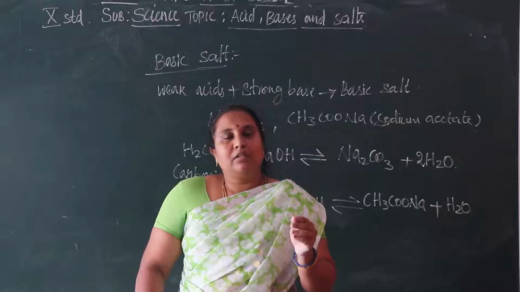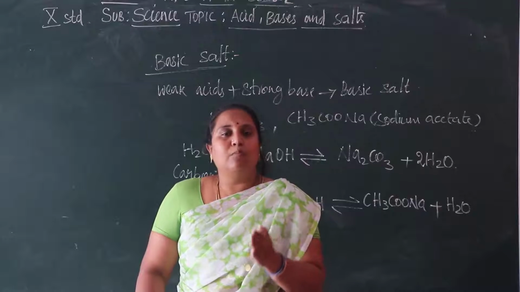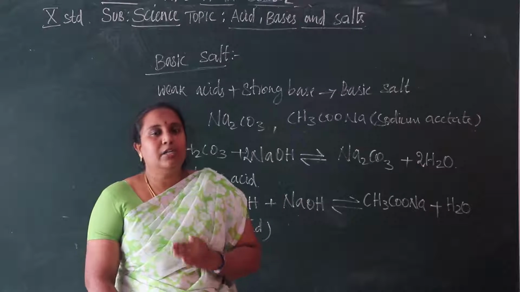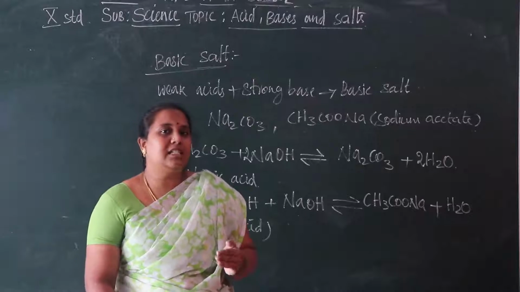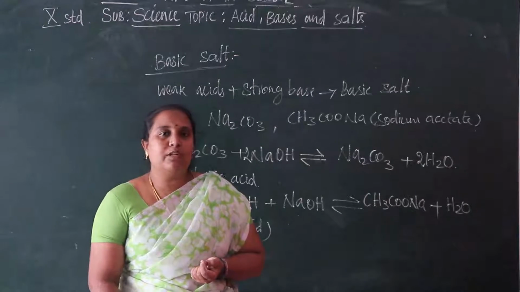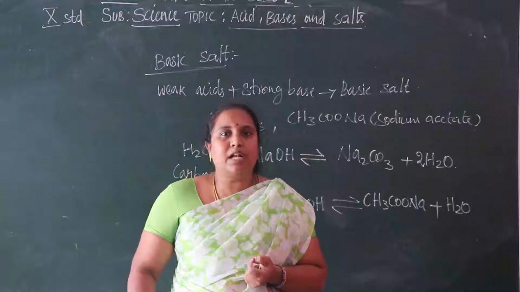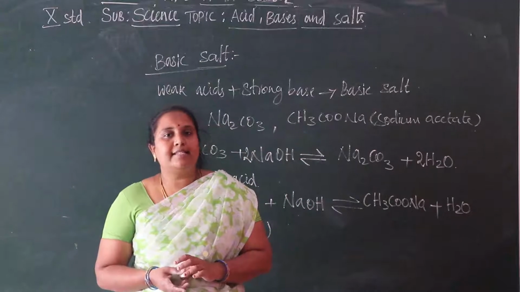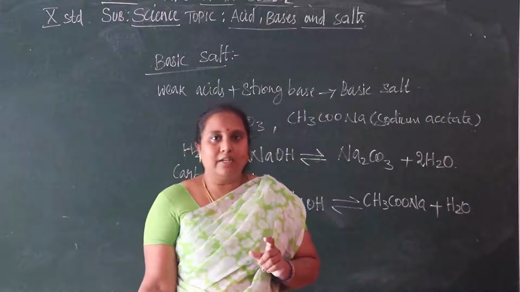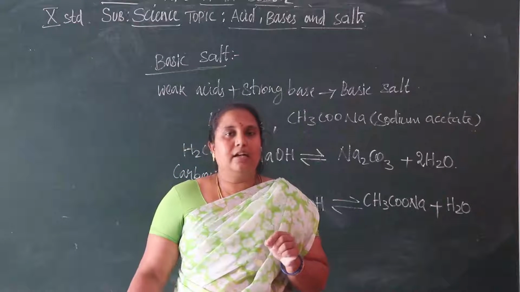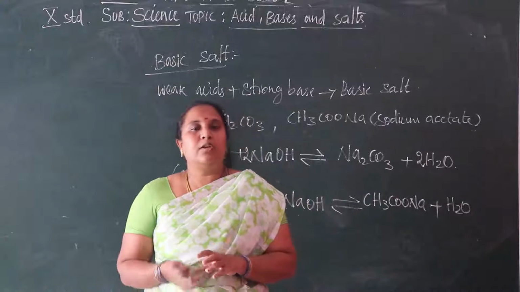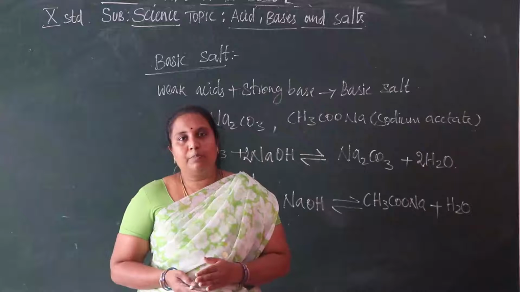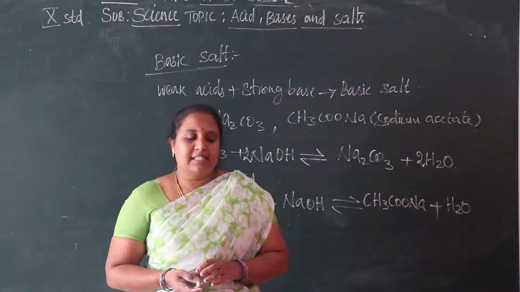The acid and base both react and give sodium chloride, by the neutralization reaction. So we can say sodium chloride is a neutral salt. The pH value of sodium chloride, NaCl, is 7. I already told you, we use it in our food items. In all food substances we use sodium chloride.